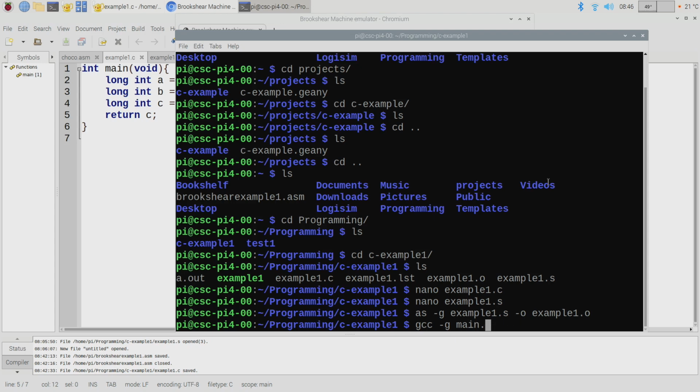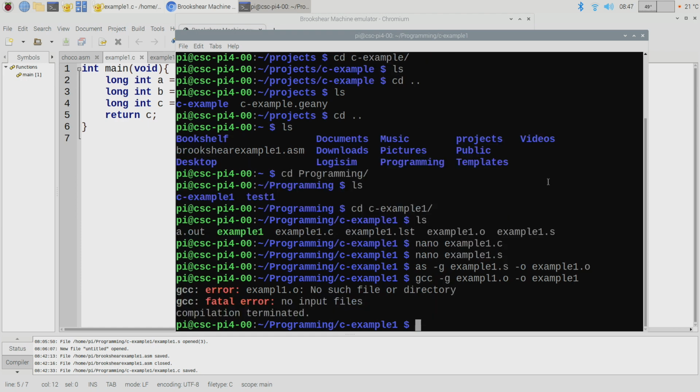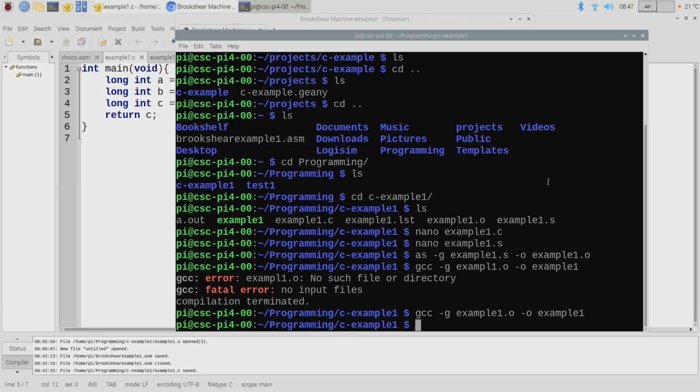Oops, not main.o, sorry. It would help if I could type today. That's going to take this object file and link it to libraries within the computer, like the C standard library for printing or taking string input, things like that.